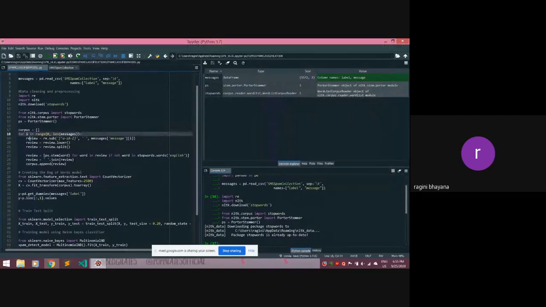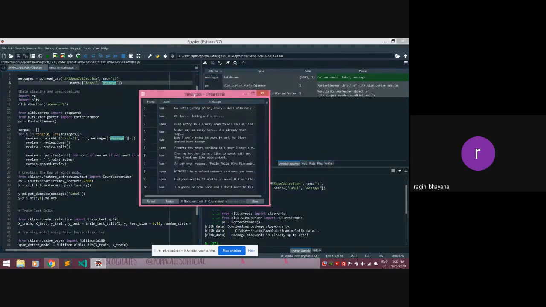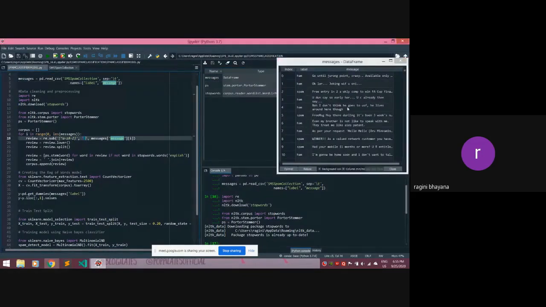What the regular expression is doing is, from messages of message, so in the messages data frame, for the message column, the ith, we are iterating through the column, and if we come across a full stop, comma, or exclamation mark, the regular expression will remove that and place a blank space instead. So here, the full stops will be removed, the exclamation marks will be removed, and so on and so forth. A question mark will be removed.